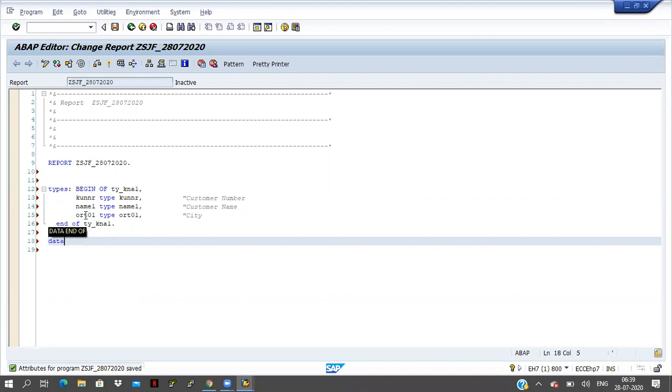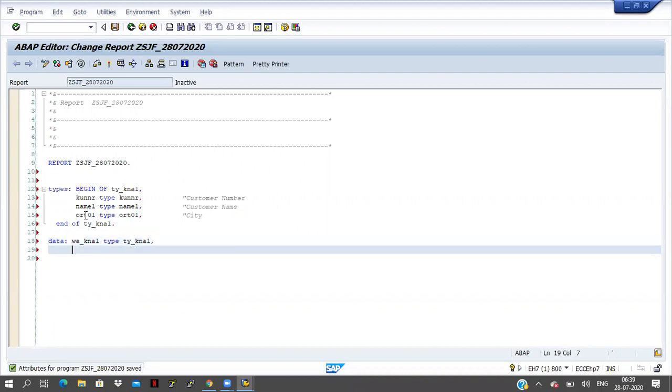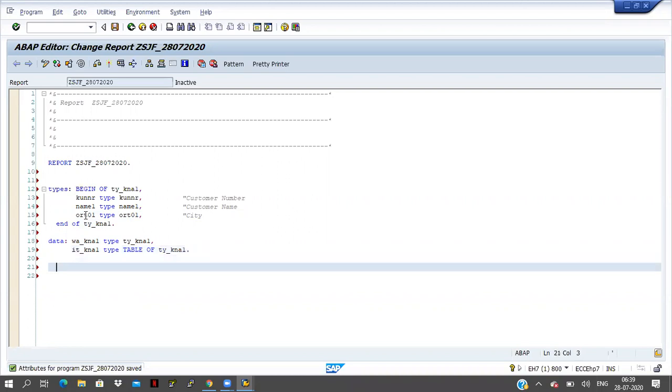Right now I am declaring one work area and an internal table. You already know about type, table type, these things. Now I will insert the data. Work area KNA1 hyphen KUNNR equal to something, 123.